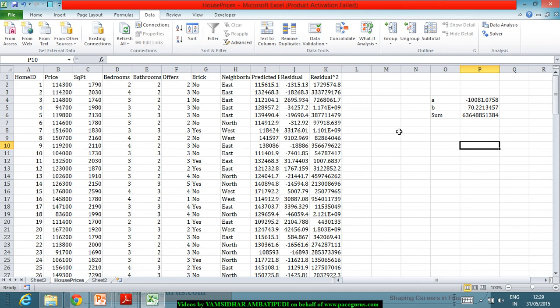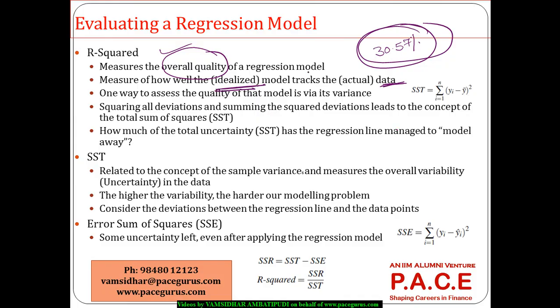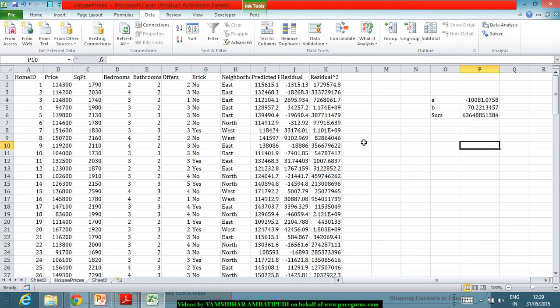Right? Now here I will have to introduce you to three important terms. The total sum of squares, the regression sum of squares, and the error sum of squares. There are different terminologies people use for these. What are these three? All right. When I am talking about the sum of squares,